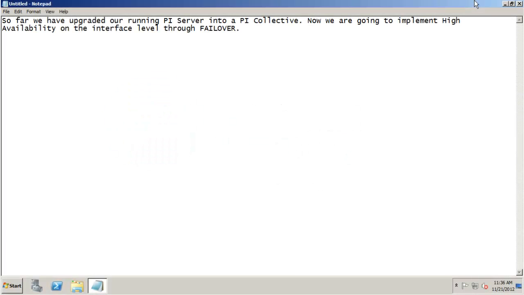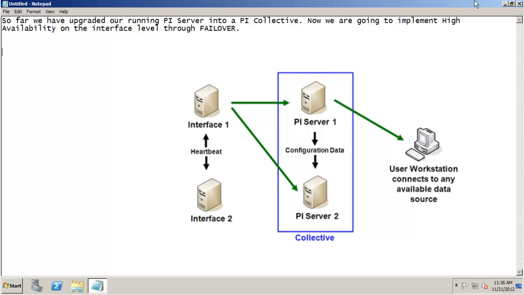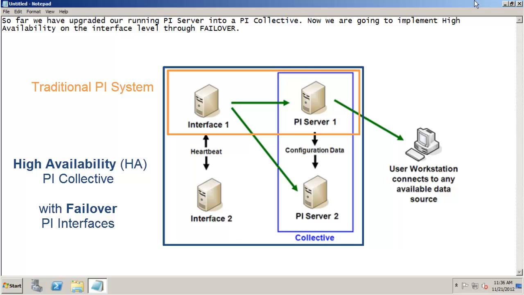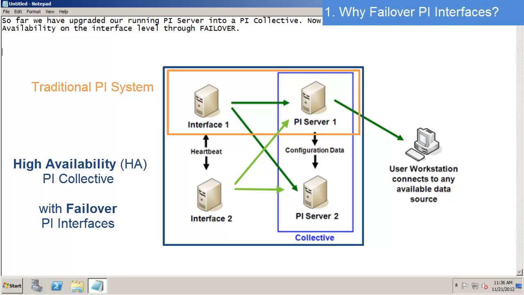Welcome back. We're continuing with our videos on high availability, and we've just gone through taking a running Pi server and turning it into a Pi collective. Now we're going to implement high availability on the interface level through what we call failover. Failover is where we can have identical interface instances running simultaneously so that if one was to go down, then the backup will be able to assume the role of primary and continue to send data to the Pi server